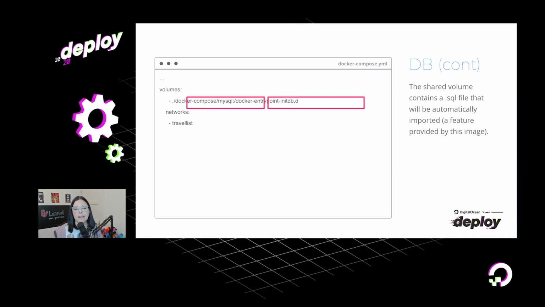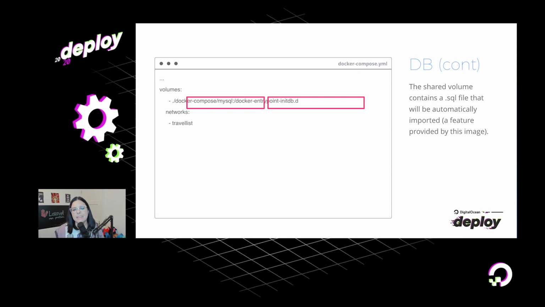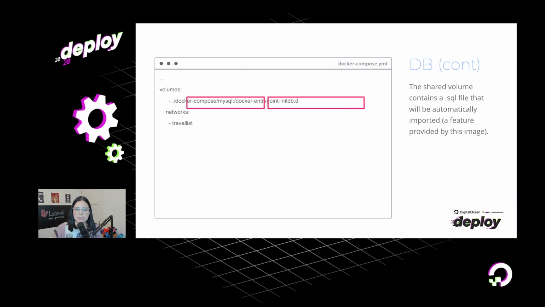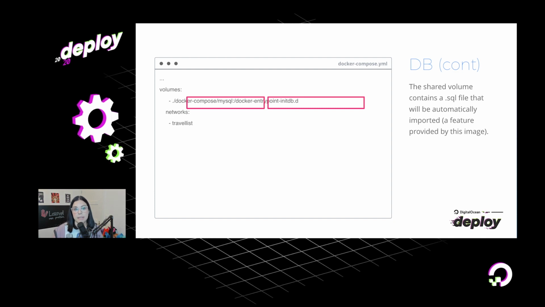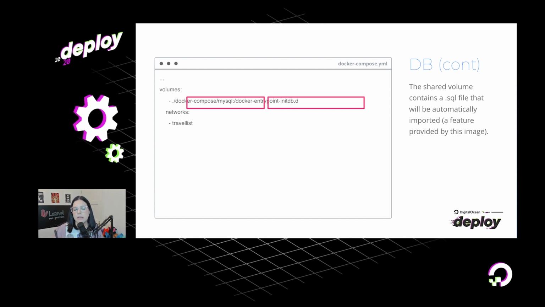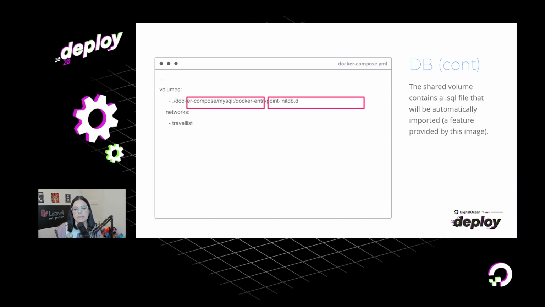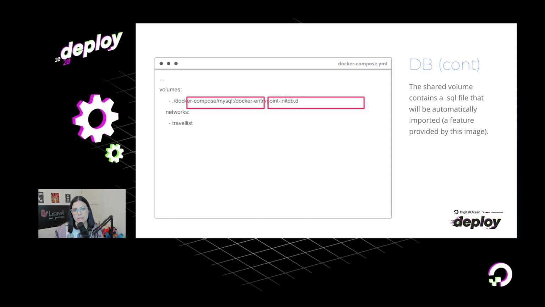And then the feature I was talking about earlier, which is if you create a volume share in the docker-entrypoint-initdb.d directory inside the container for this image, then any .sql file inside that will be imported automatically to the database.